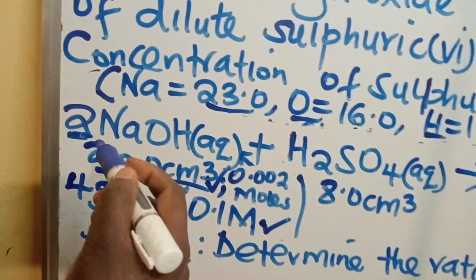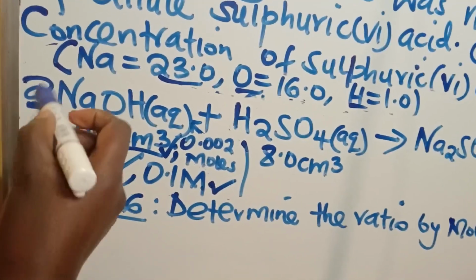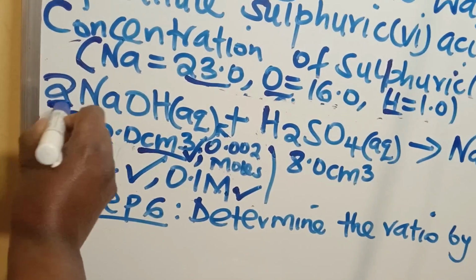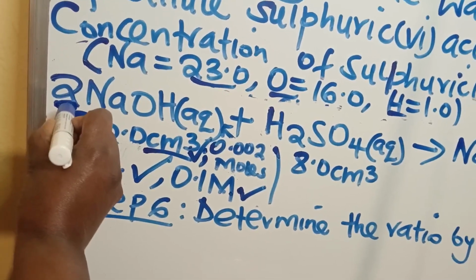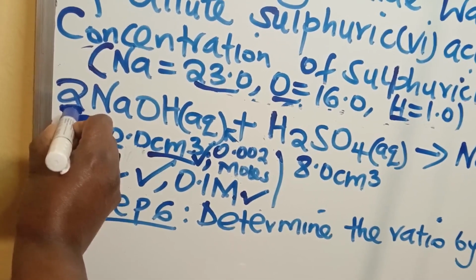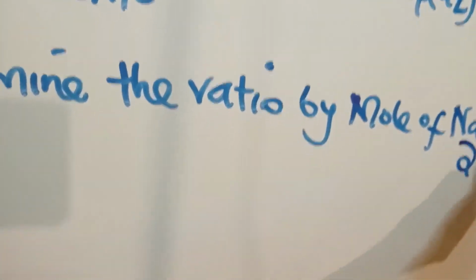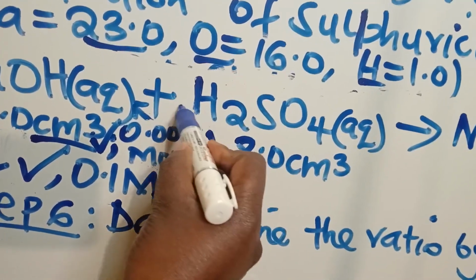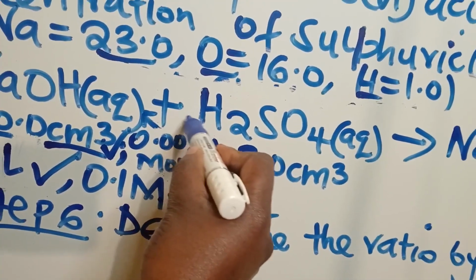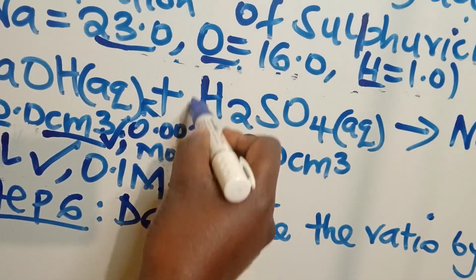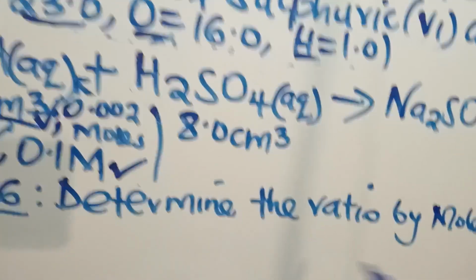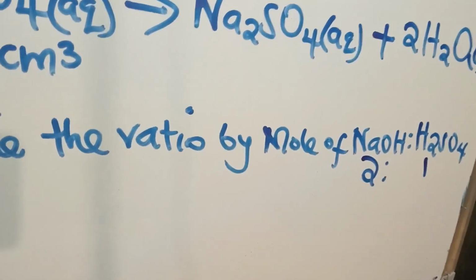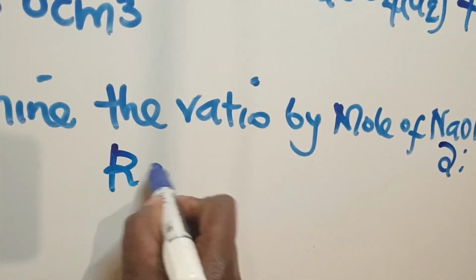To determine the ratio by mole, we look at the number on the left hand side of the substance. So for sodium hydroxide, we have 2, so we write a 2 down there. For sulfuric acid, there is no number on the left hand side of it, meaning that we only have one sulfuric acid, so ratio 1. And then from there we say ratio 2